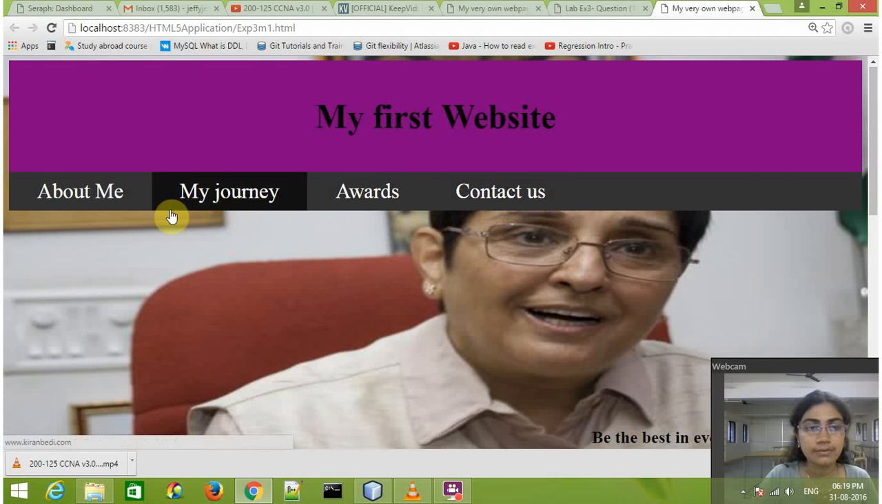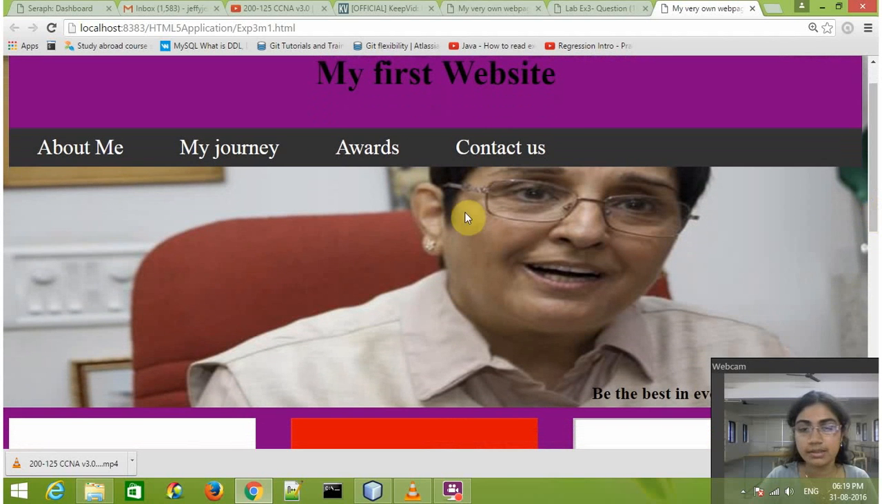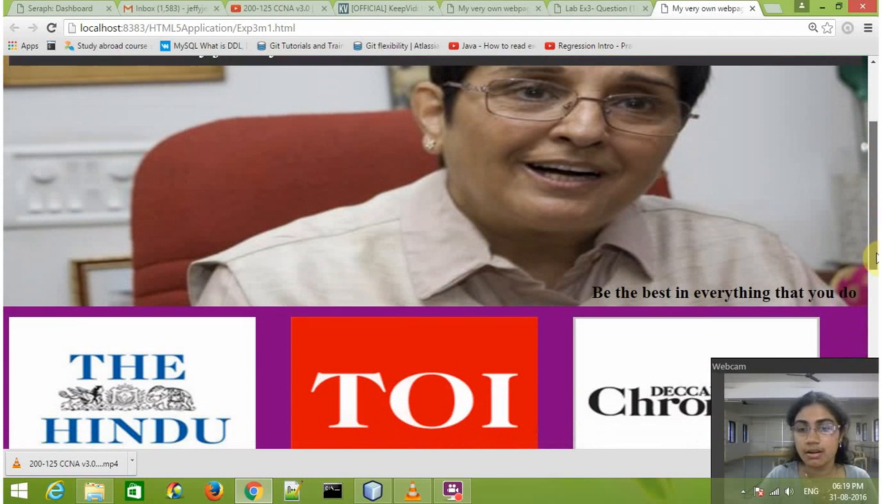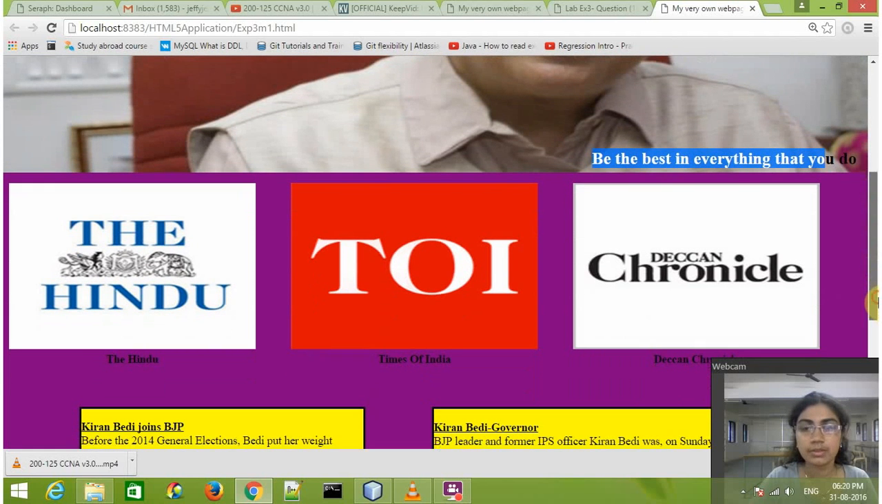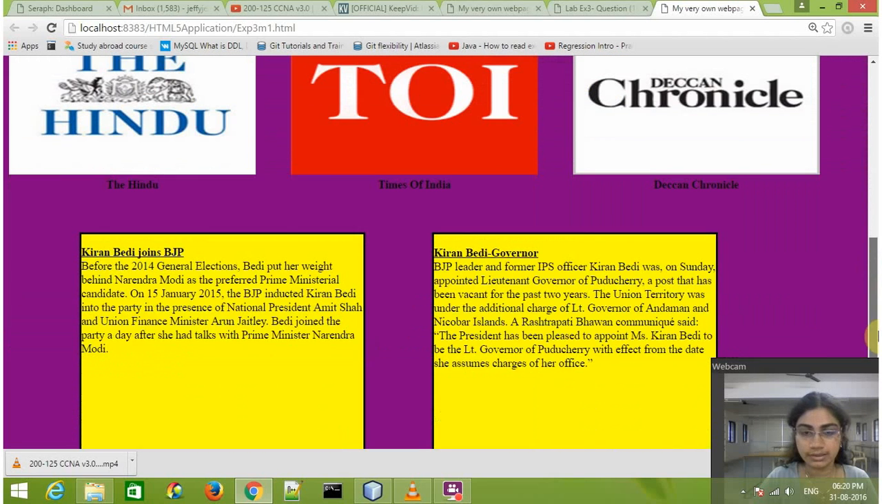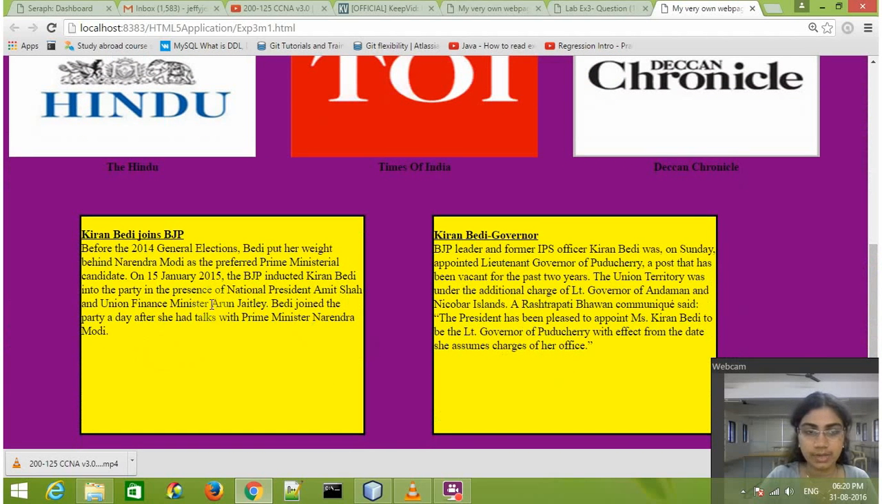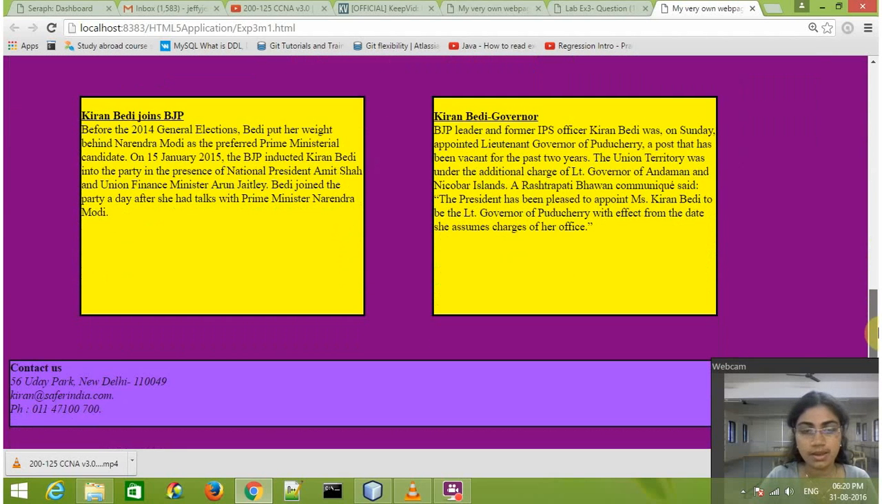Then we have these four contents coming under the horizontal taskbar. This is my banner image. Then here is the text which appears, and then going to here, we have the three thumbnails, the two sections which are subheading 1 and subheading 2. We also have the contact us full stretch text box. Now going back to the code,